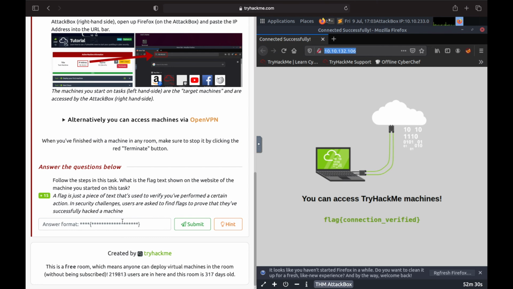Generally in bug bounty programs, we need to provide some flags. They might have hidden it somewhere, so we need to find it and provide it to them. Then we'll get points. Based on who scored the highest points, we might get a prize if we win first prize. We'll get more points.